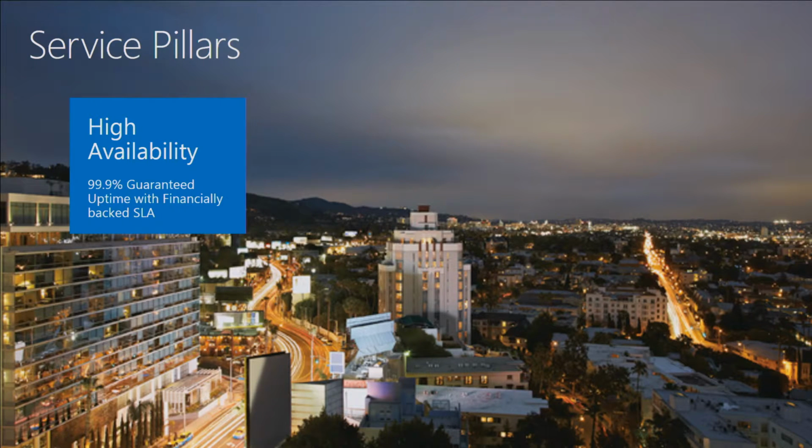If someone is not able to come to your portal, search for an article or register a lead, it's a problem. And we try our best so that it never happens whenever we are running a service. So a 99.9% guaranteed SLA is something we commit to. It's a financially backed SLA, the same as what CRM commits to. So anytime your portal is down more than that, and we are not able to meet this SLA, you're going to get your money back. And it's in your contract as well. Shan is going to give $25 back, and I'm going to give $25 back from the 50 we get.